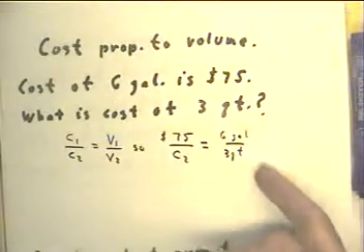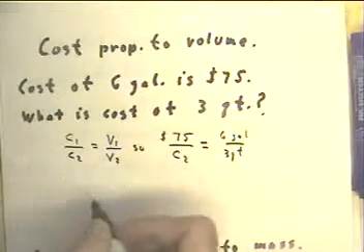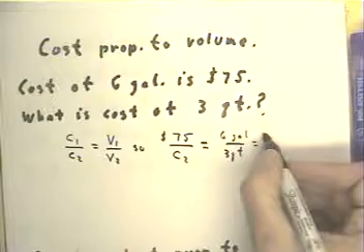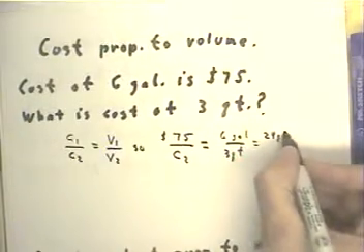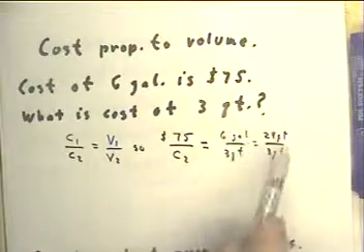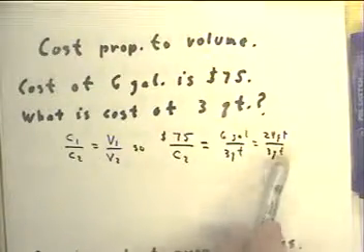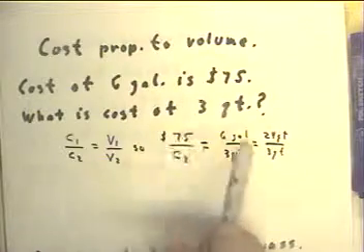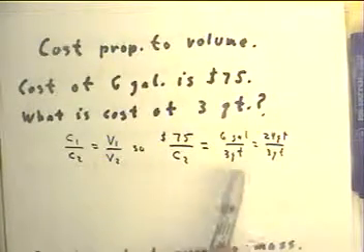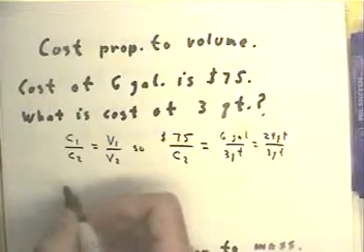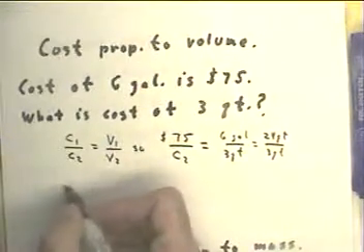Now, 6 gallons over 3 quarts, as we saw before, is the same as 24 quarts over 3 quarts. Now, that's just 8, so we have a factor of 8 between the costs, but just to illustrate again the fact that we can multiply by a common denominator, which in this case would be C2 times 3 quarts, we end up with